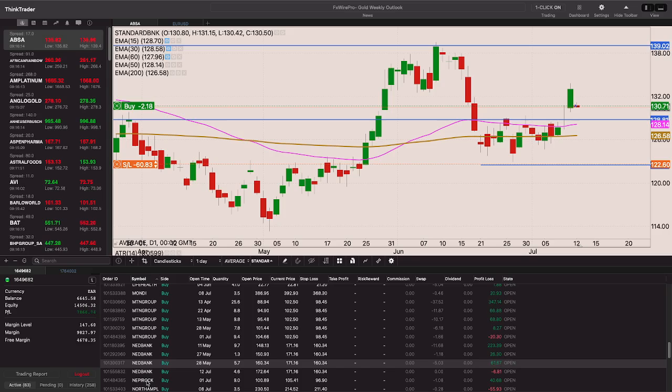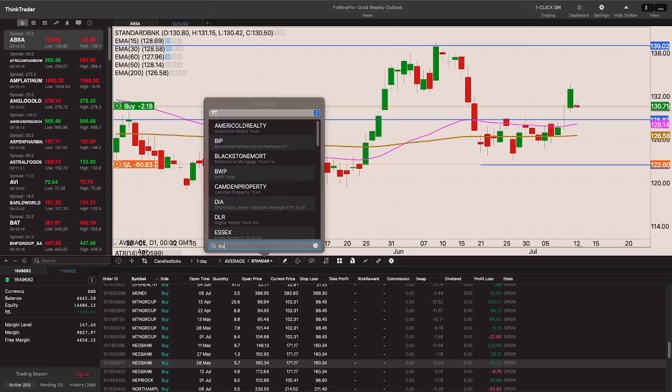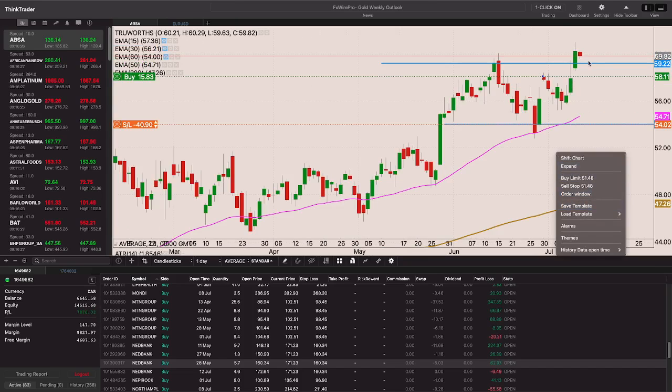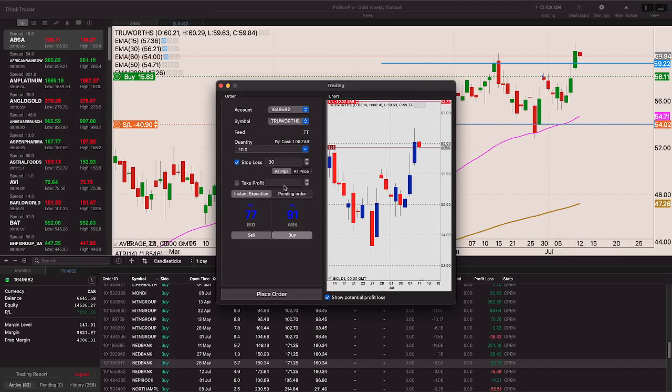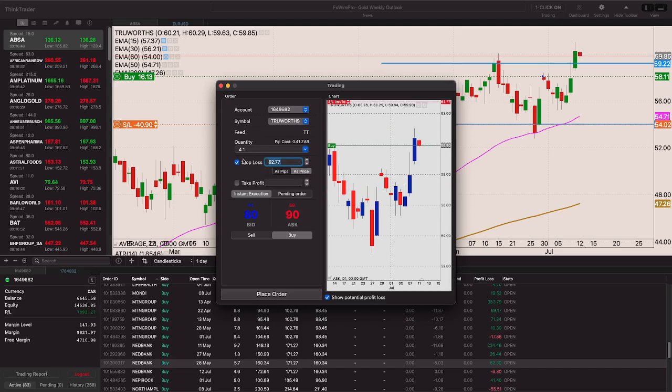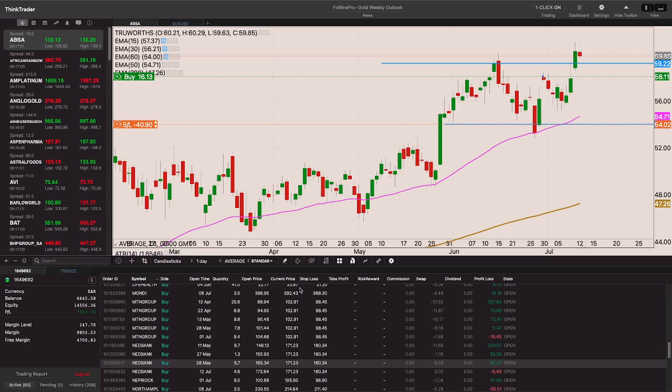So moving right along to Truworths. Looking fairly decent. Opening up, looks like it's coming to test that 59 Rand level there. It's always kind of nice to get a positive slippage on the share. With a stop loss of, I don't want pips, but I want actual price with a stop loss there at 54 Rand and 2 cents. Cool. That was good. Now African Rainbow